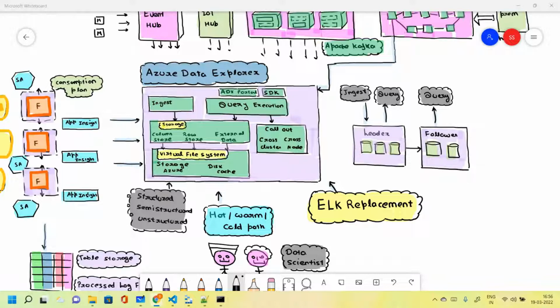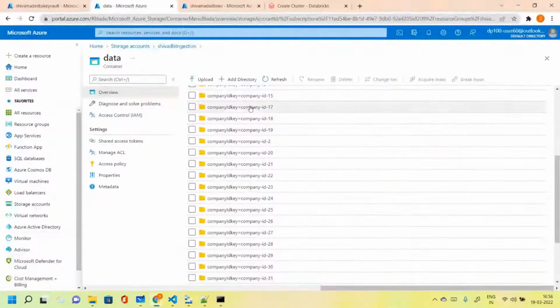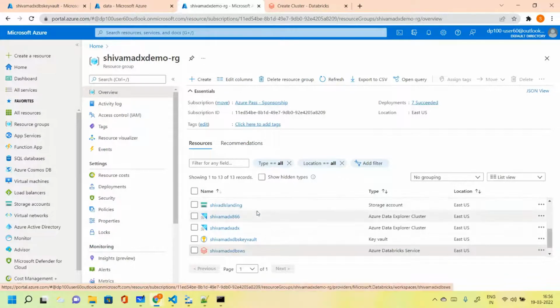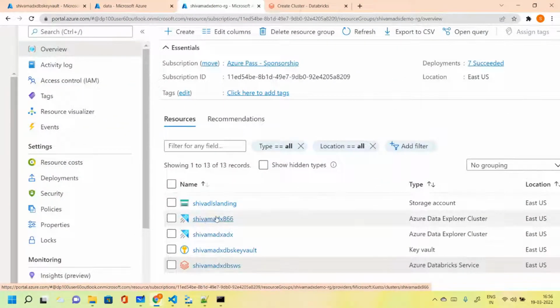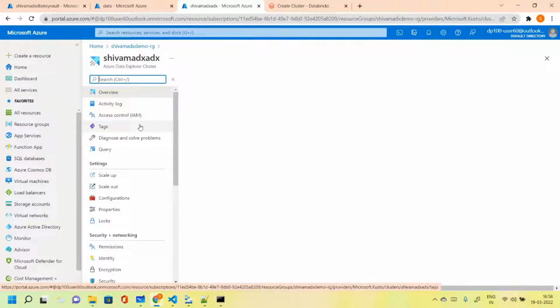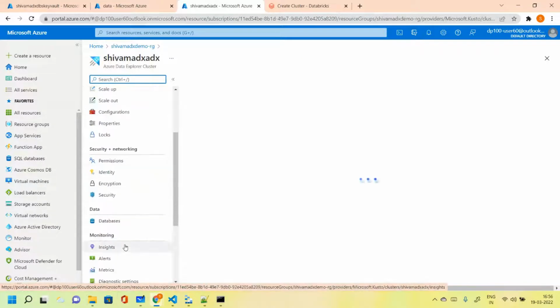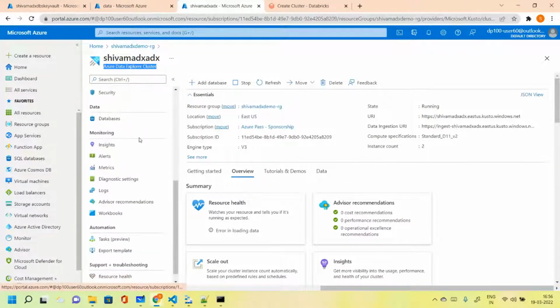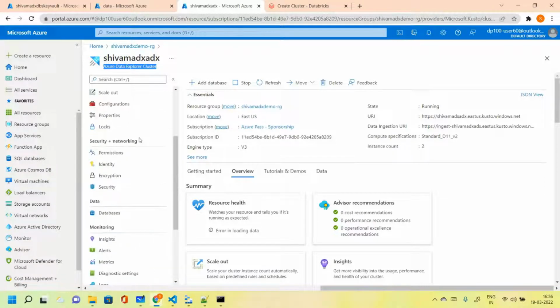So what we are going to do is I'll just show this to you first, and then I'll explain the other details over there. Now I have it. This is the one which we are using. That's the other one which I just was testing on. So this is the one which we finally want to use. So what I wanted to do was to create equal number of. Okay, so this is my Data Explorer cluster,